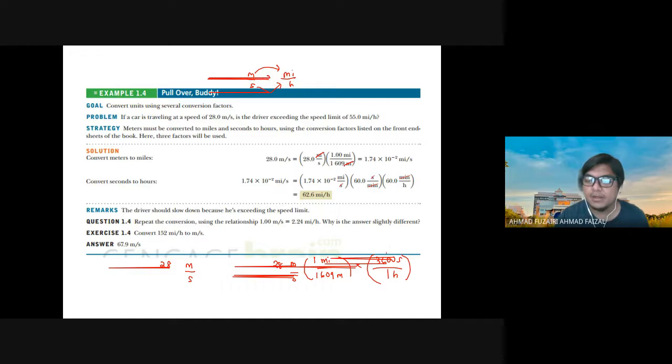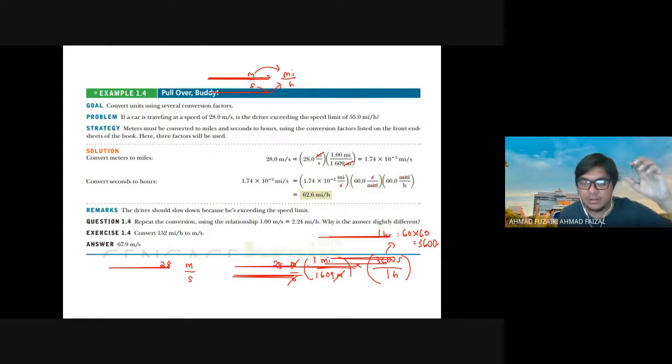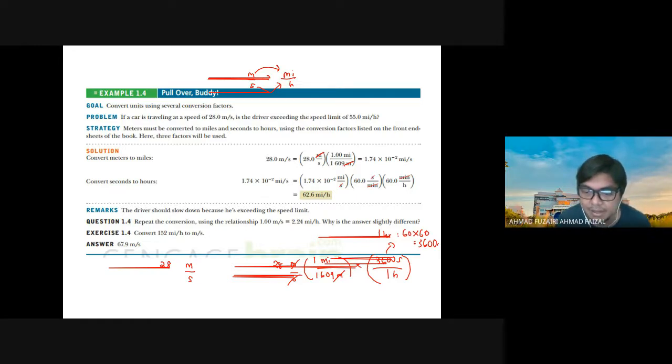How do I know? This is from my understanding that 1 hour equals 60 minutes and 1 minute equals 60 seconds. So 60 times 60 you get 3,600. So this one you need to do as a side calculation. Every time you see this, you can cancel out meter and meter, seconds. The concept of cancelling is you must cancel from top to bottom. Top to bottom you can cancel out. Side to side cannot cancel. Side with side cannot, but top with bottom can be cancelled. For example, second at the bottom and at the top, yes, you can cancel out. And in the end, what is left is 28